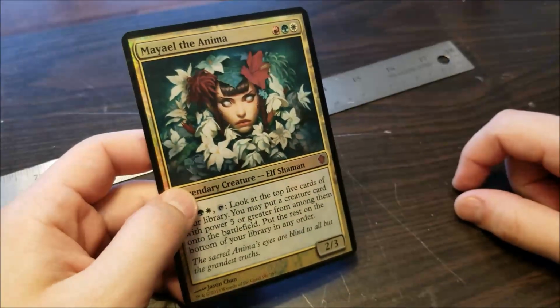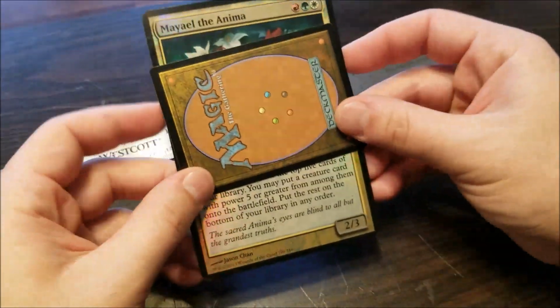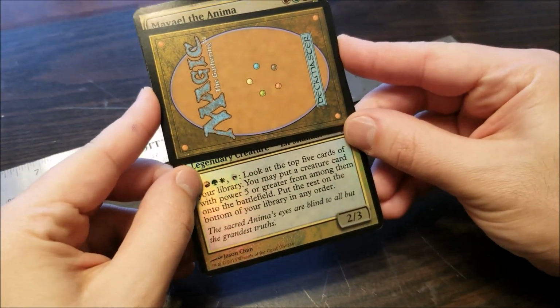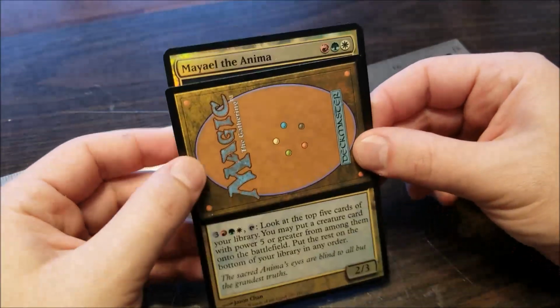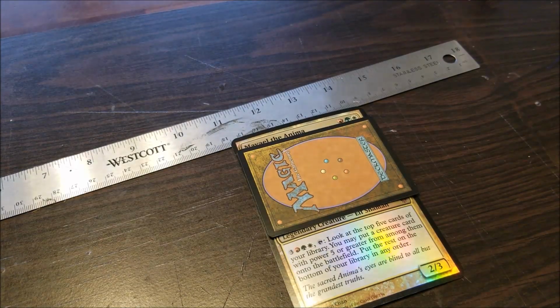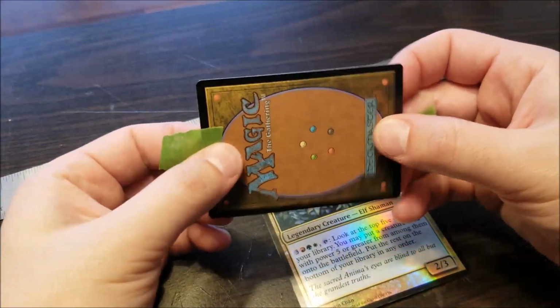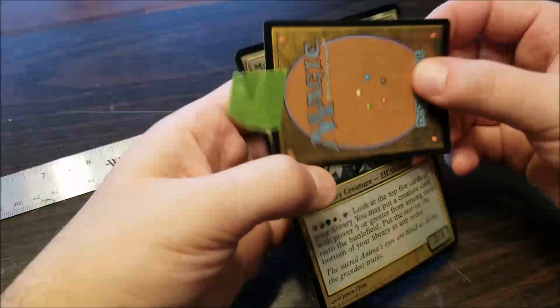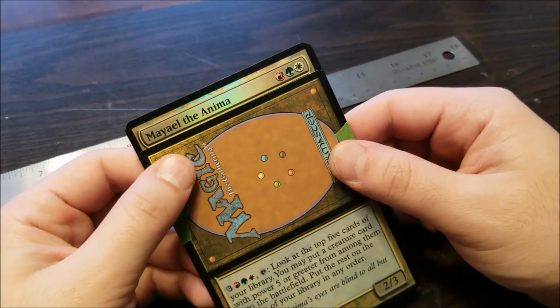So cutting the artwork out is actually the easy part, and I can show you a neat little trick. What you do is you take a Magic card and you want to put it over the artwork and the creature type, so legendary creature, elf shaman, because you want to keep the title. We're going to be putting the title on top. Getting some tape, just cutting 2 small pieces out. You don't want to waste too much tape. Just putting it on the sides like this,